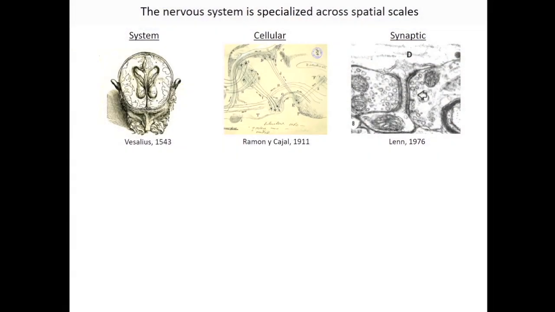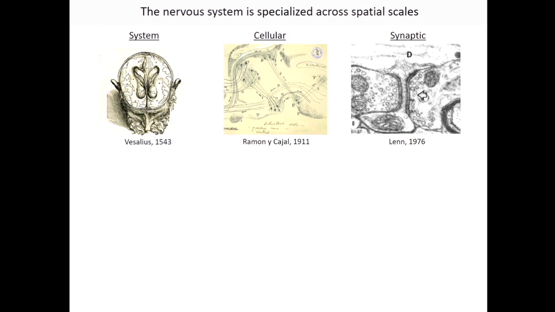And you see that specialization across several different spatial scales. At the systems level, the brain is organized into functionally distinct units, each processing its own kind of information, and that enables us to deal with the vast amount of incoming information from the environment. But within each of those sections, there's a cellular specialization, where there are individual cell types with defined connectivities, morphologies, physiologies that enable the processing of that information. And of course, there's also a subcellular specialization. Most prominently, the pre- and postsynaptic terminal are incredibly specialized. But what you also see is that individual types of synapses have defined morphologies and physiologies.